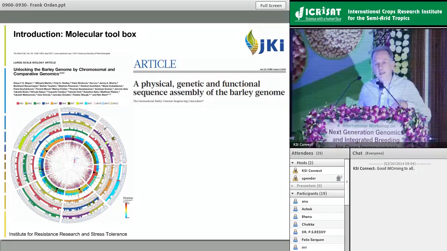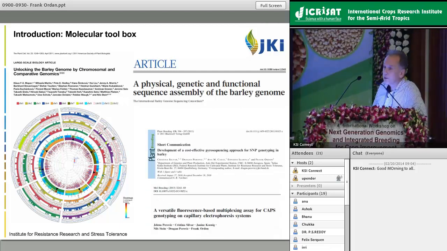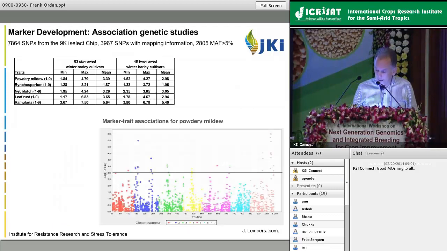And now to make the markers developed from these techniques available, besides the KASP assay, which was mentioned several times already, we have developed a cost-effective pyrosequencing approach and a CAPS approach for multiplexing for using these markers for foreground selection. So these medium to high throughput marker techniques allow, as we heard already, the detection of QTL for resistances